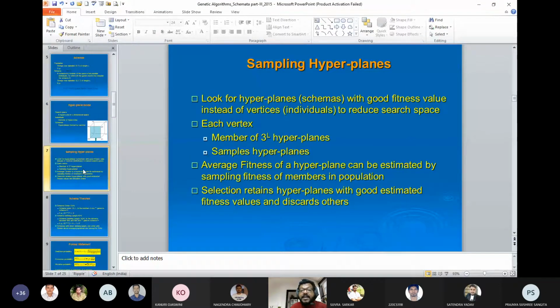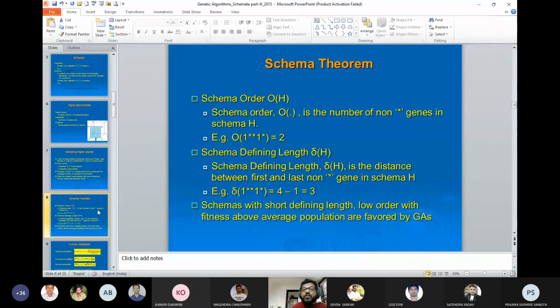So the idea is that instead of searching in a three-dimensional space, we search on the hyperplane, so that we are able to reduce the search space. The basic idea of introducing the schema is to narrow down the solution space, or search space, with all the constraints. You have a fitness value because some items must be accommodated into the knapsack. Based on that, you are able to develop a schema. Okay, so you will find that most of the genetic algorithm literature, or people applying it to various problems in various walks of life, are silent about this schema.